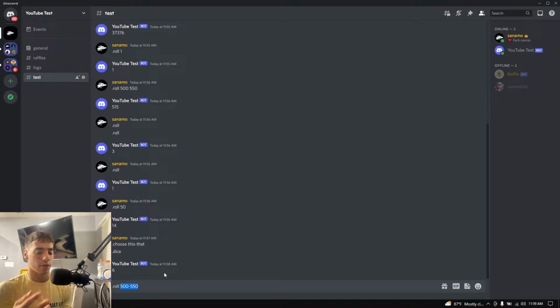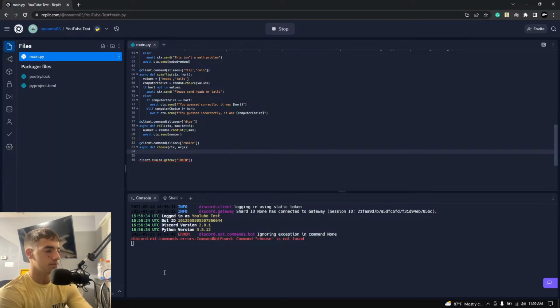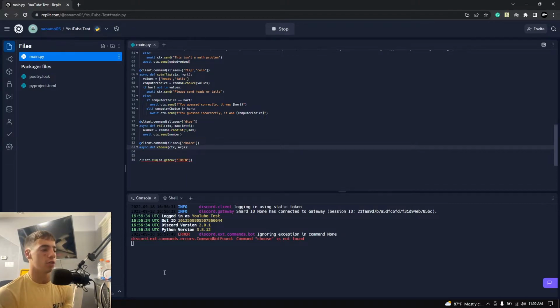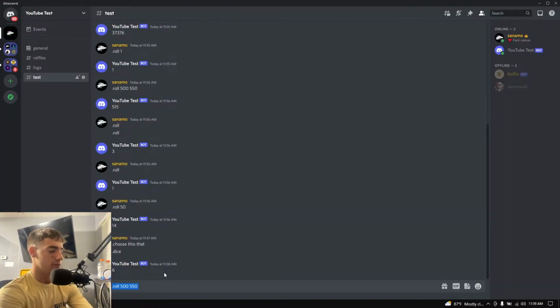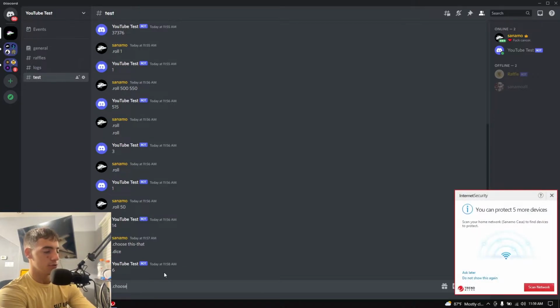But obviously, in order to choose between a couple of things, we need to be able to split them up into separate arguments. So I want to split it on this dash. You can use whatever, a dash, a dot, whatever you'd like. Or you can actually just split it on the space. Actually, yeah, let's do that. I kind of just changed the command real quick, but what we're going to do is choose, and then do this, that, maybe this. And so we're actually going to split it on the